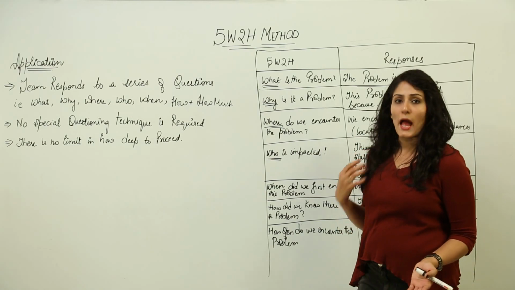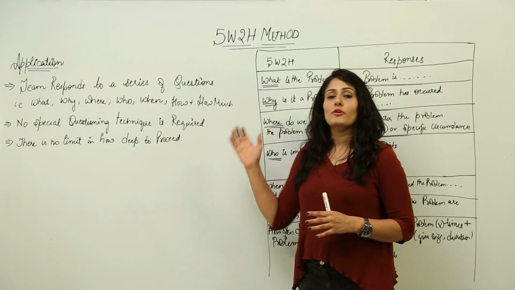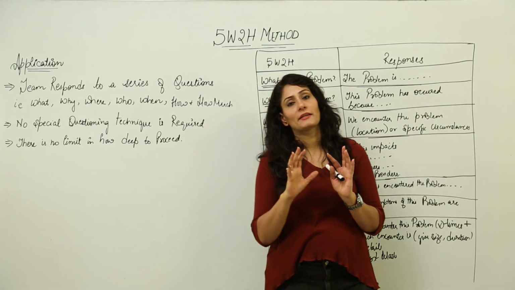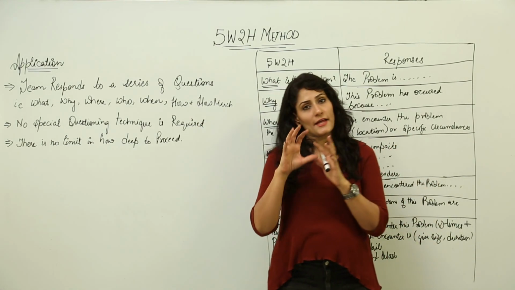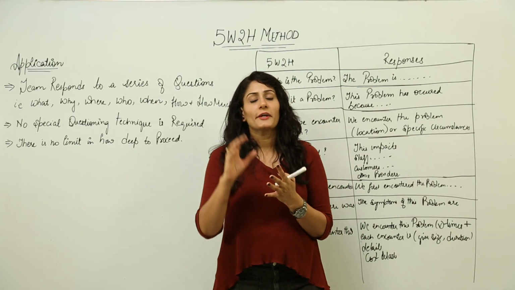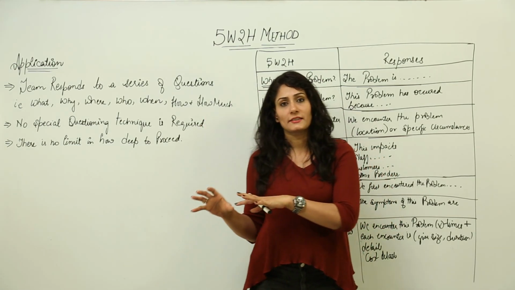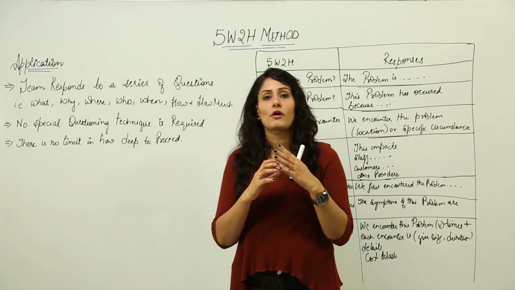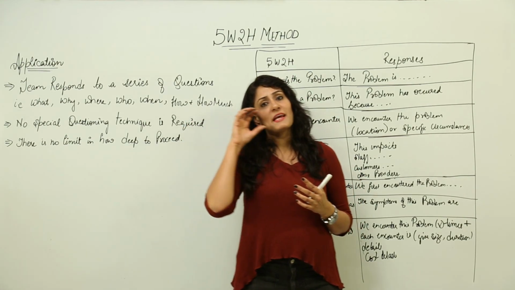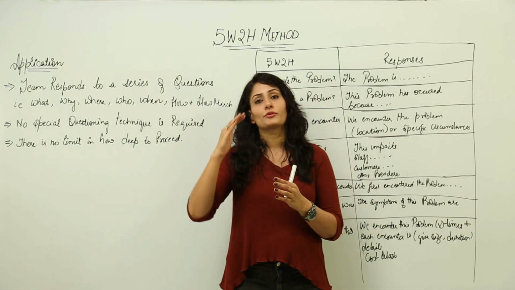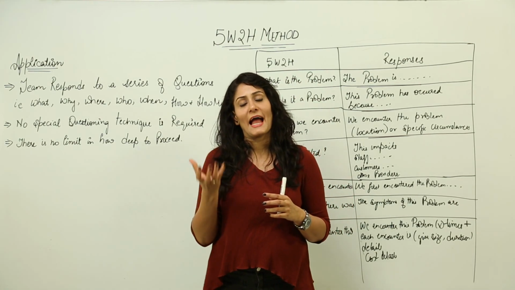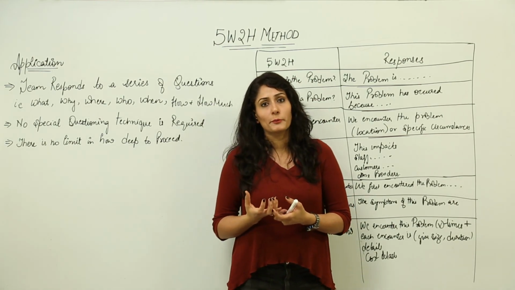Now moving on to the application of this method. This 5W2H method is an introductory method of finding out the errors or the reasons of non-conformance, right, so that we know why our products are not meeting their standards, or what the root causes are of why this issue is cropping up. So the basic goal is to go beyond the layers of the problem and find out the actual or the latent causes of the problem.